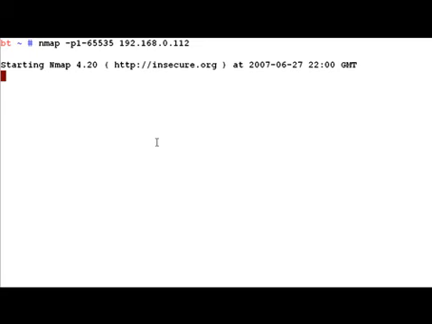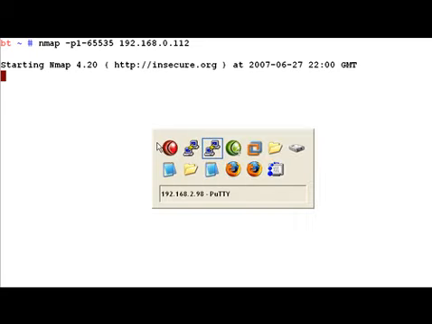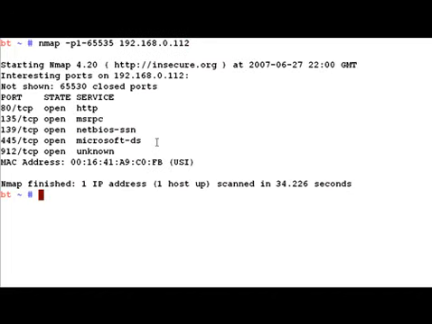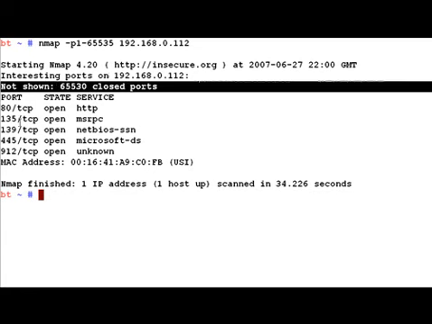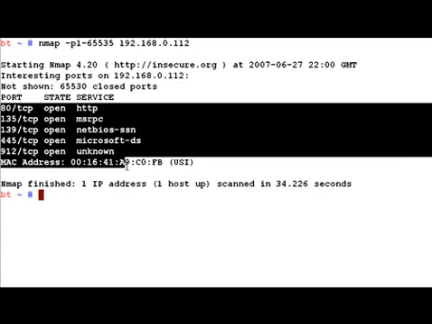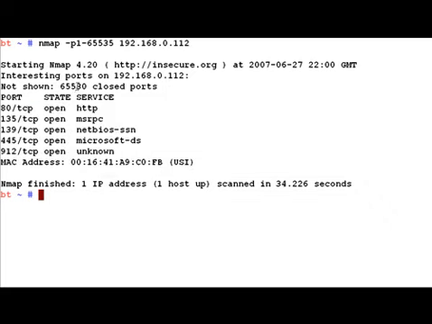Now while Nmap is running on this session, let's quickly start a new session and try out a couple of other scans. We currently ran a port scan. Now let's go ahead and do an operating system fingerprint on the same victim. Both these scans are now running in parallel. Anyway, this has exited and now we can see that you typically have the same services available and the rest of the ports seem to be closed.